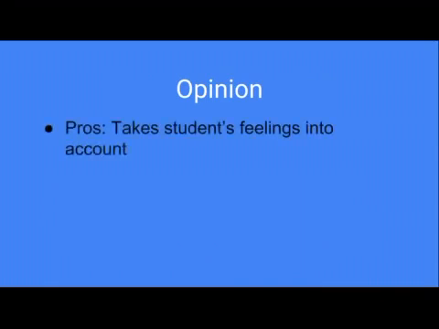So as a whole, I really like this theory. The main reason is that it takes the students' feelings into account. This is so important when it comes to rapport building and keeping a calm and discipline-filled classroom. It also puts the responsibility of keeping control on the teachers, which I think is great because it doesn't allow teachers to make excuses because of those kids.